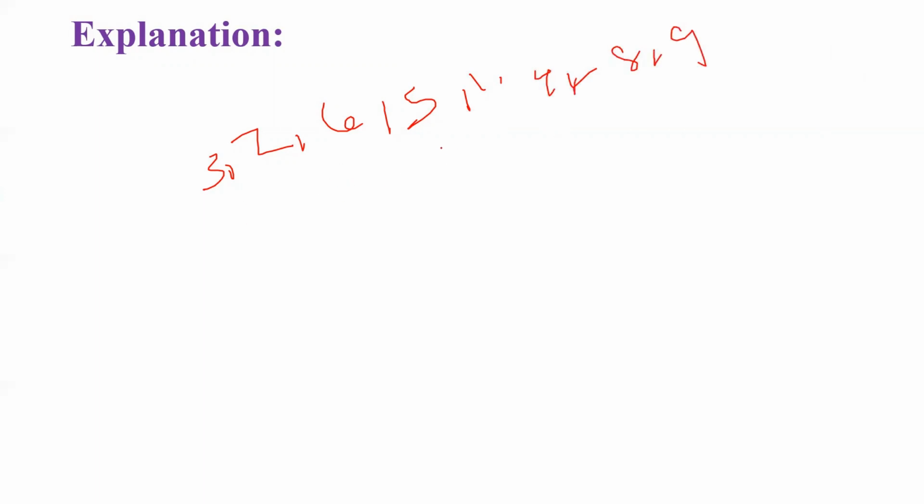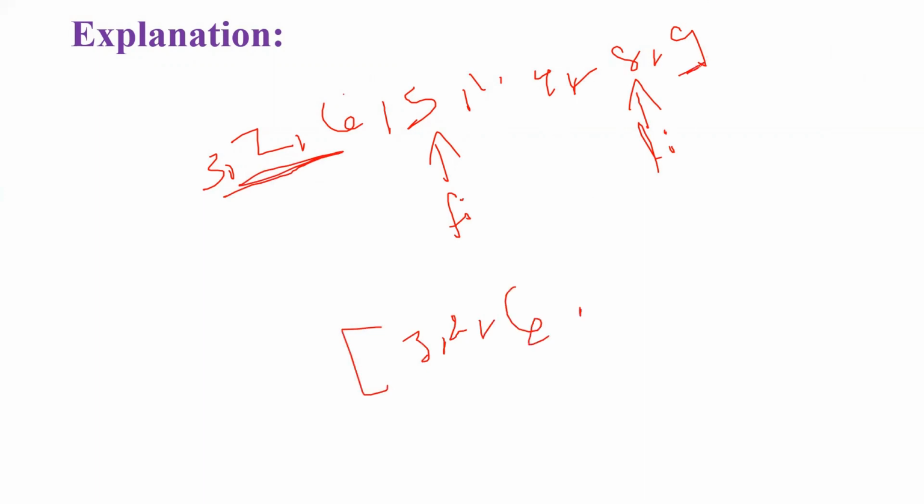Now observe what we need to do. I will take this as my first index, FI, and I will take this index as the last index. I will take from the start up to the first index, the elements 3 2 6, and from the end index, let it be EI, to the end, that is the element 9. I will take these elements as one temporary list and I will consider the sum of it. How much? The sum will be 3 plus 2 is 5, 5 plus 6 is 11, 11 plus 9 is 20.